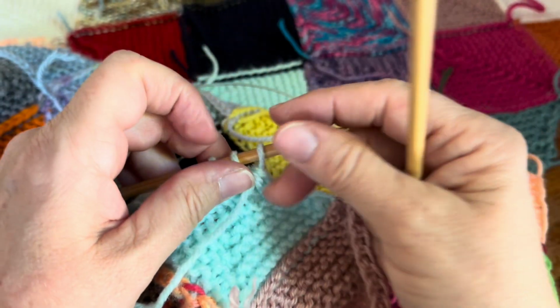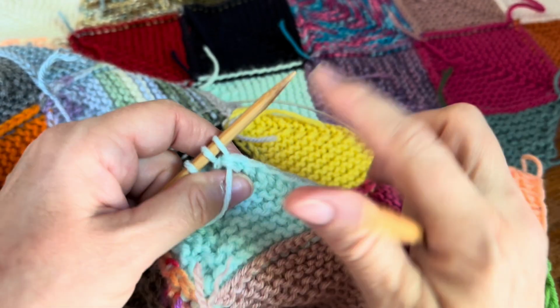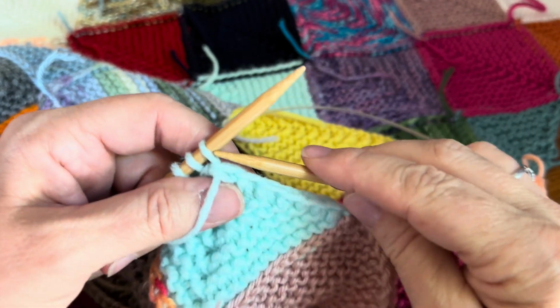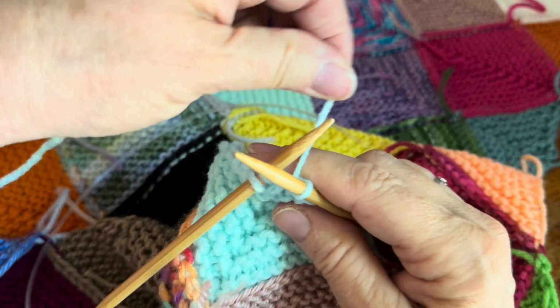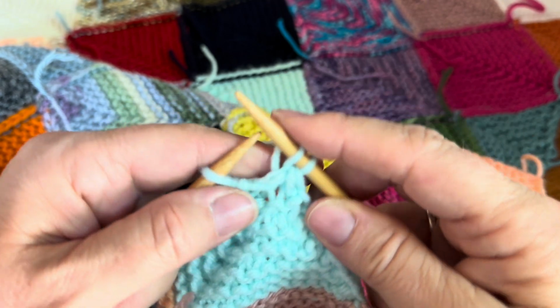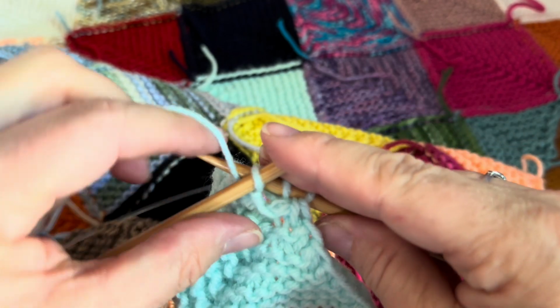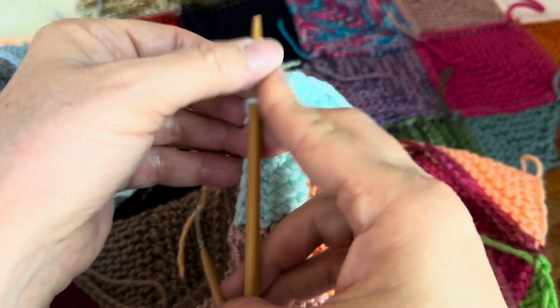Last back side or wrong side. What I do, I like to keep with what I've been doing, and I usually slip the first stitch, take the yarn back, knit the next one, and then I still knit that last stitch through the back loop, turn,